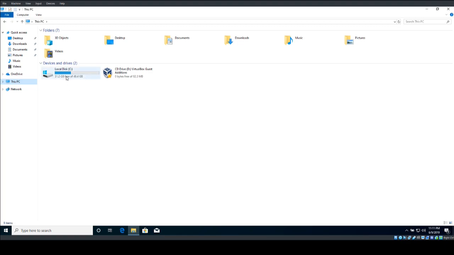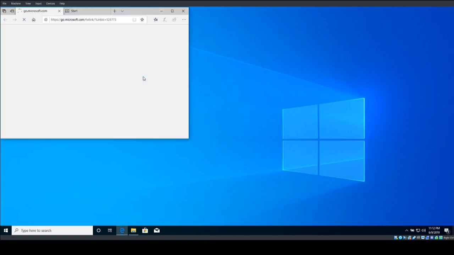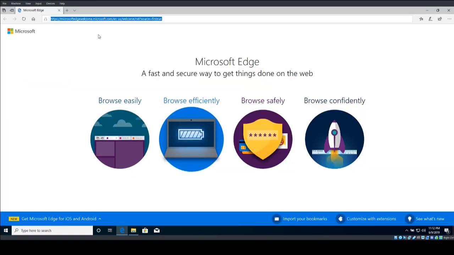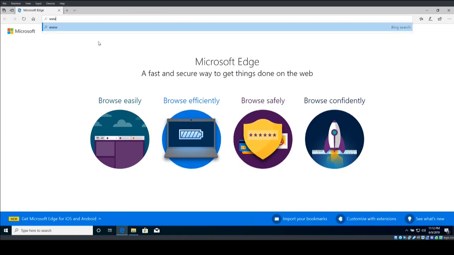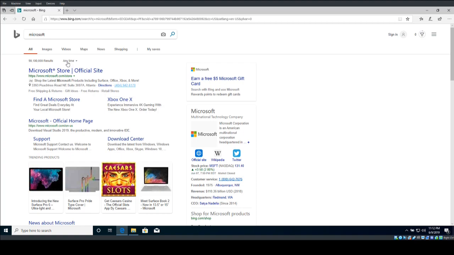I've got 31 free gigs of space, and hopefully that'll be enough. Visual Studio is the integrated development environment that I use on Windows when I want to write desktop programs and command line tools for Windows using C++. Normally what you would need to do is, whatever your browser is, go to Microsoft and then you find Visual Studio, but